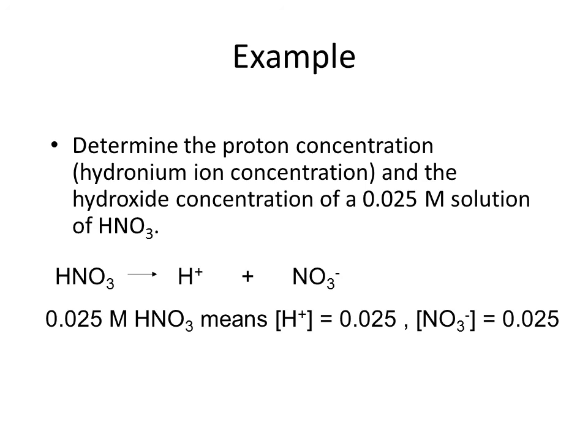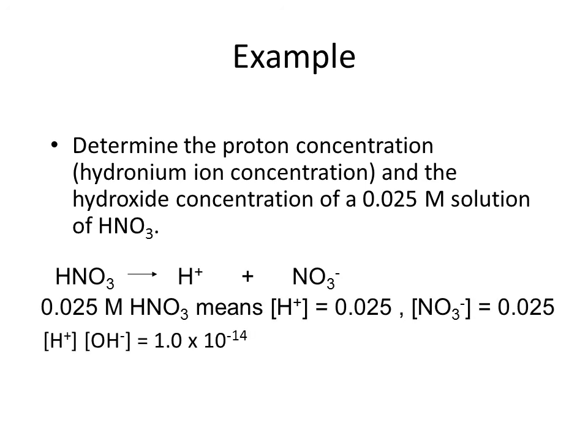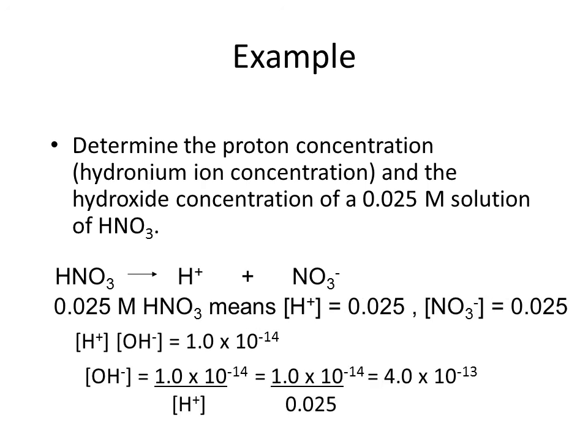Let's go ahead and look at the equation now, and that is that proton concentration times hydroxide concentration is equal to 1 times 10 to the minus 14. I can rearrange this equation. I know what my proton concentration is, and I want to find out what my hydroxide concentration is. So I rearrange this equation by dividing both sides of the equation by proton concentration. That gives me that hydroxide is equal to 1 times 10 to the minus 14 divided by proton concentration. I can then put in what I know is proton concentration,